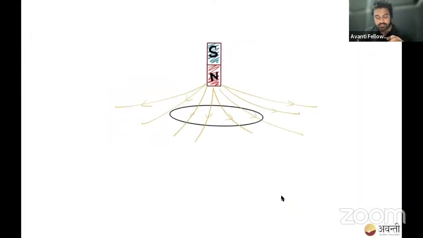So look here. Let's say this magnet is going inside. Okay. This magnet is going inside. So when it goes inside, how many field lines are crossing this area? 1, 2, 3, and 4. Sorry. When it goes inside, 5 and 6 will also come in. 5 and 6 will also come in. So basically flux is increasing. Flux is increasing. Clear?